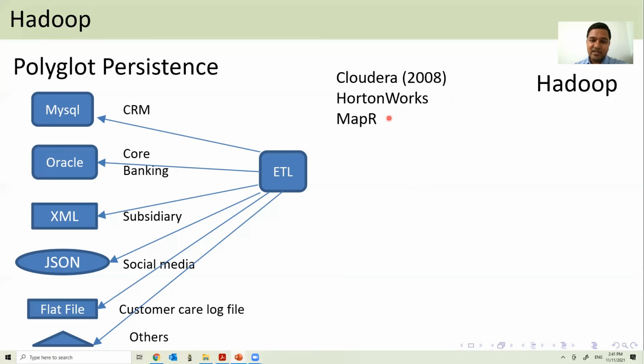As of now, the story comes down to this: Cloudera actually bought Hortonworks. Now Hortonworks is no more Hortonworks, it is actually Cloudera. And MapR was bought by Hewlett Packard, I think in 2019 or 2020. So now MapR belongs to Hewlett Packard. At the moment, Cloudera is there for providing Hadoop, and MapR belongs to Hewlett Packard.